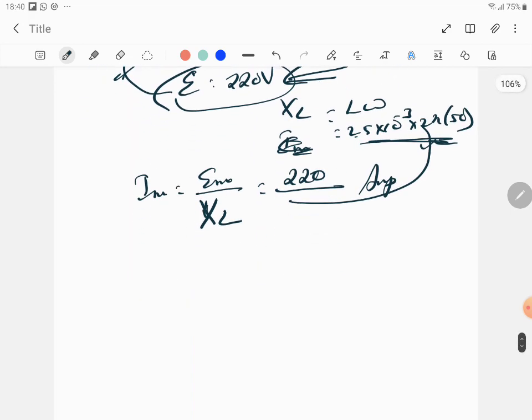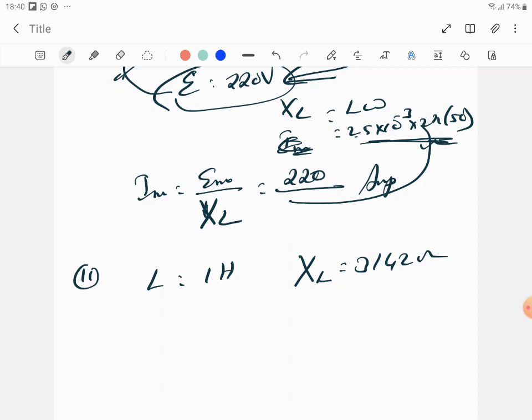Next question. They have given an inductor of inductance 1 Henry. Inductance L is equal to 1 Henry. What will be the frequency if it has a reactance of 3142 ohms? Reactance is XL, inductive reactance. What will be the capacity of the capacitor which has the same reactance at that frequency? If a capacitor is connected, they're asking what will be the reactance. A coil has an inductor of 1 Henry. At what frequency will it have that reactance?